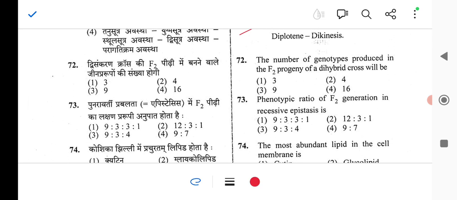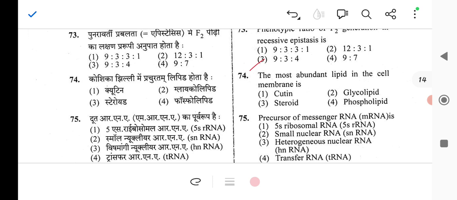Next is the number of genotypes produced in the F2 generation in recessive epistasis. So we have already done this earlier. It is 9:3:4. Dominant is 12:3:1. Duplicate dominant is 15:1. Complement is 9:7. Next is precursor of